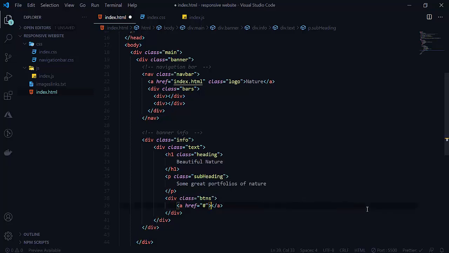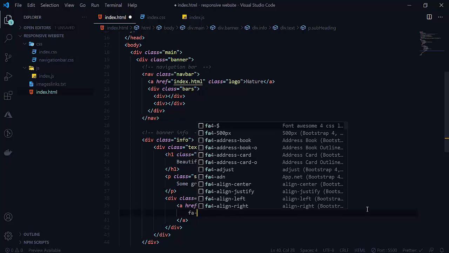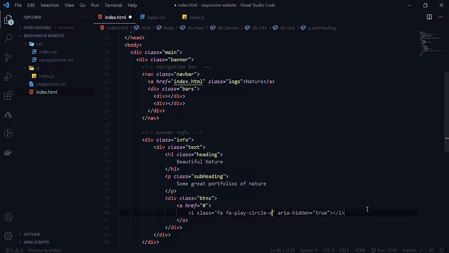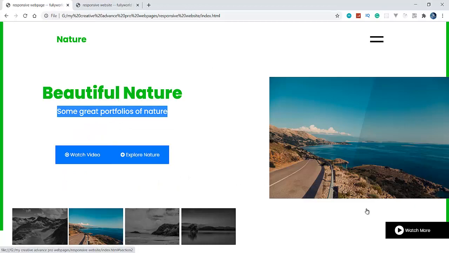Here we want our font-awesome element, that is FA. We want our play, play circle here, and after that there will be a text, watch video, and after that there will be an icon of a plus symbol.